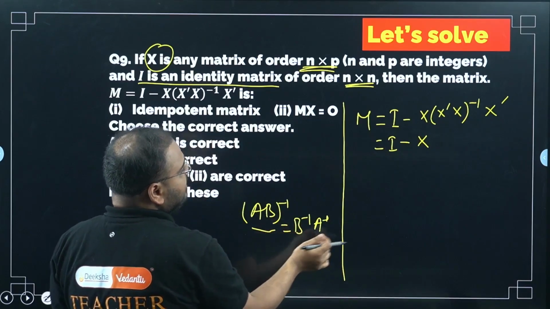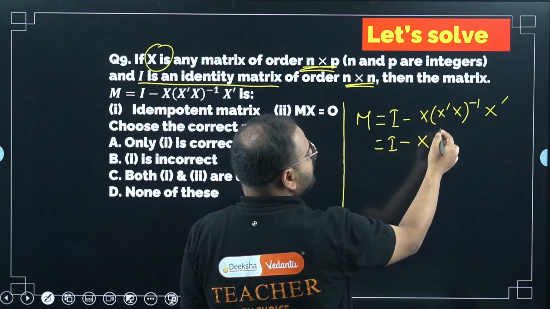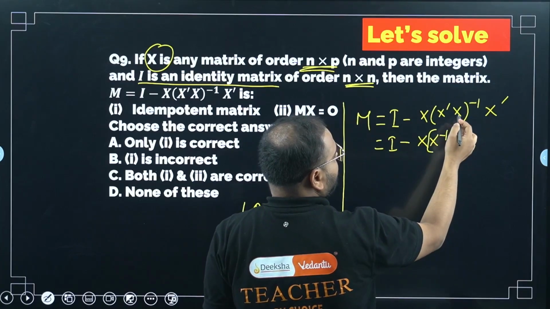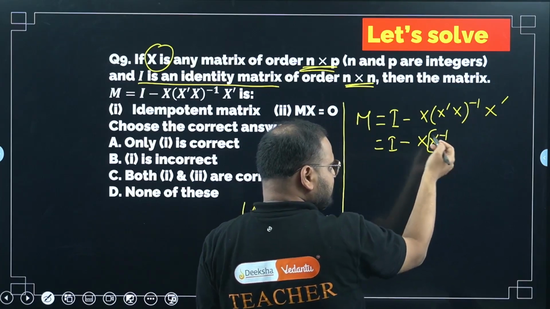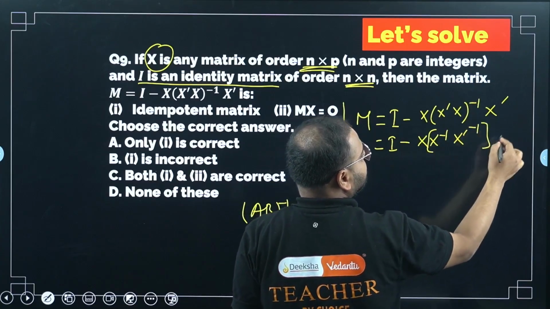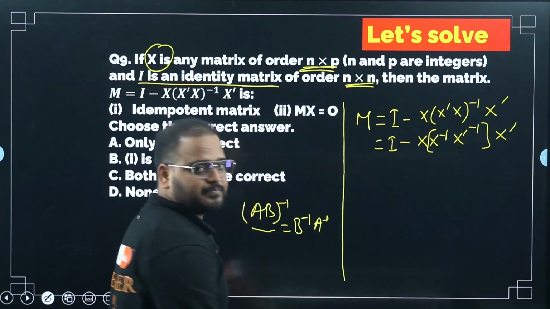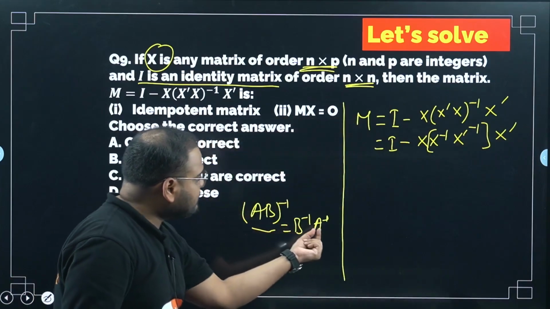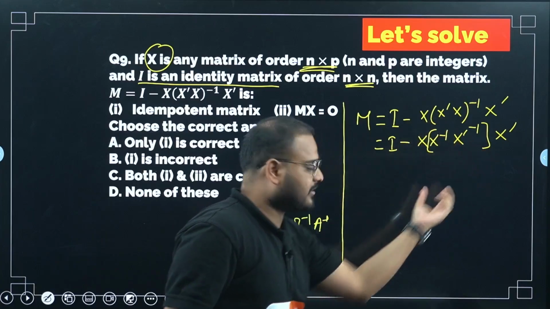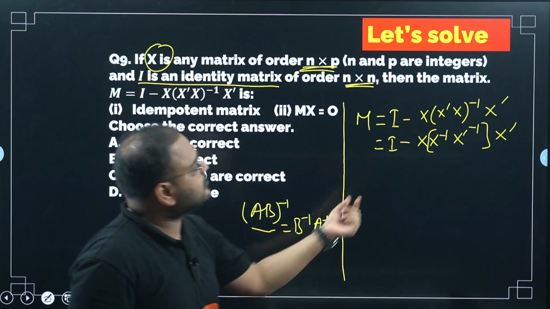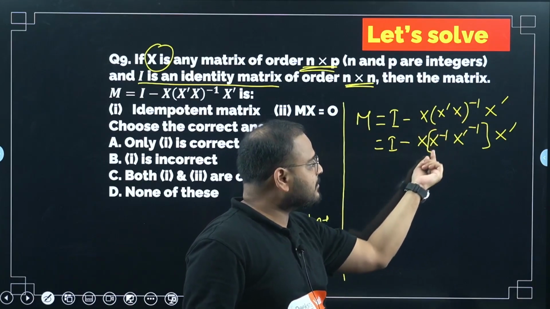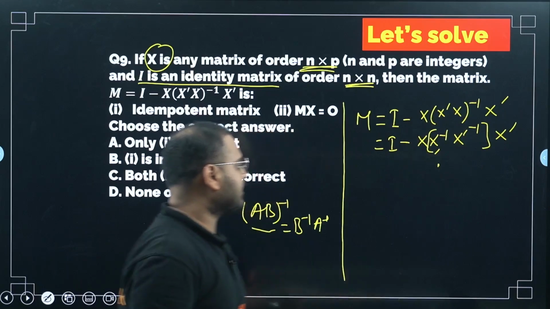AB will become BA. So what is A in this case? X transpose. So after applying the inverse, first X will come. Then X transpose inverse will come. I hope you understand that. A inverse will come later. What was A in this case? X dash. So X dash inverse is coming later, whereas B inverse will come first. What is B? B is just X. So X inverse is coming first, B inverse is coming first, and A inverse is coming next.